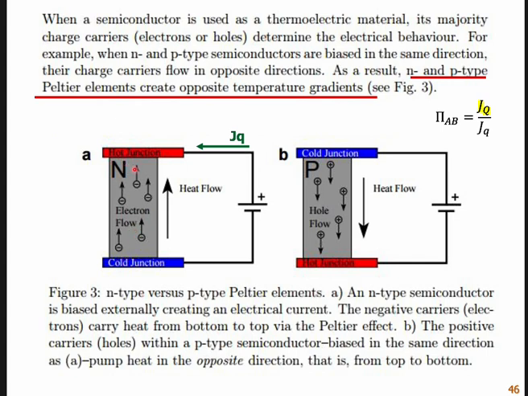And just remember, the electrons always carry heat while they move. So when the electrons move from the bottom to the top, they also carry the heat. We will have a heat flow